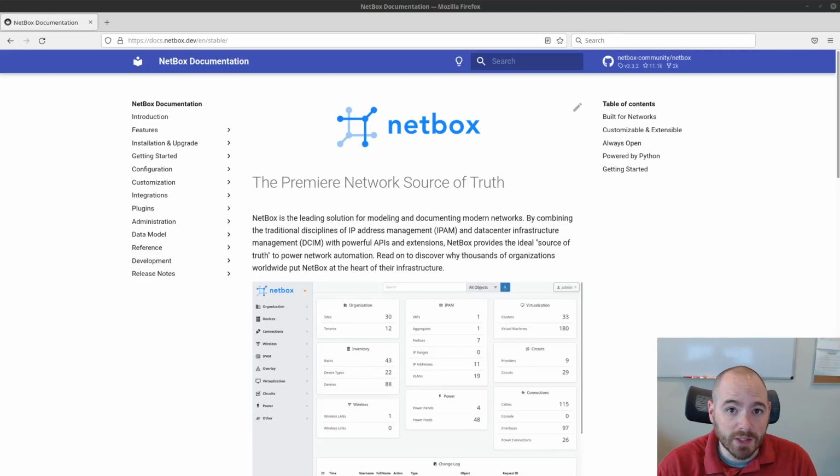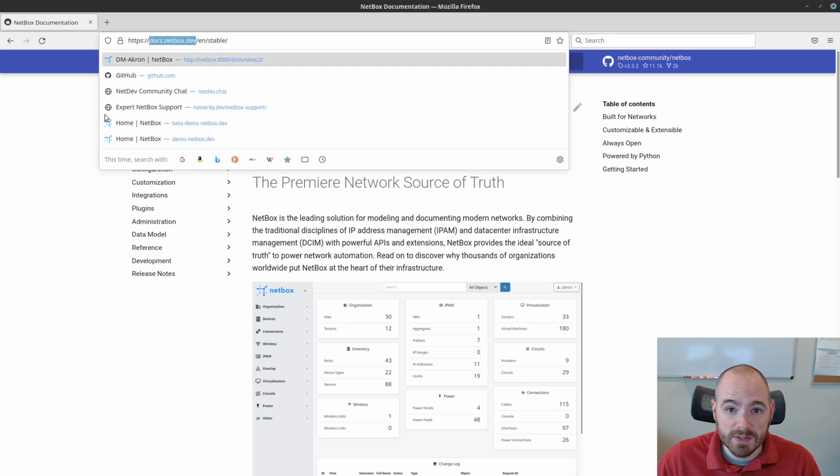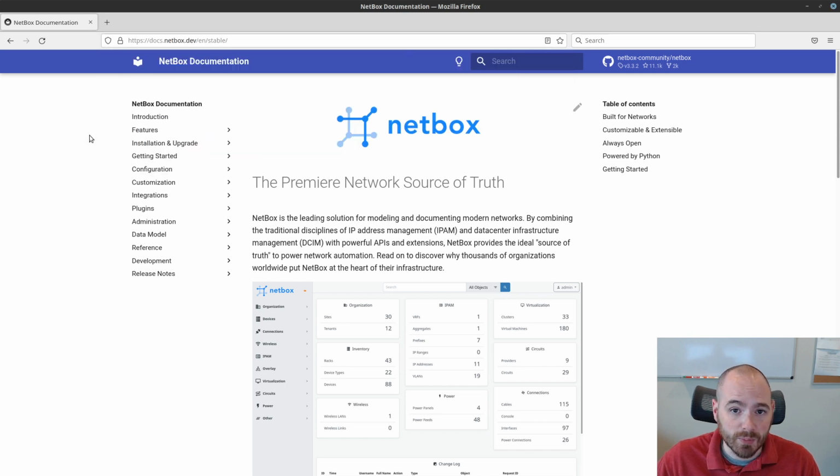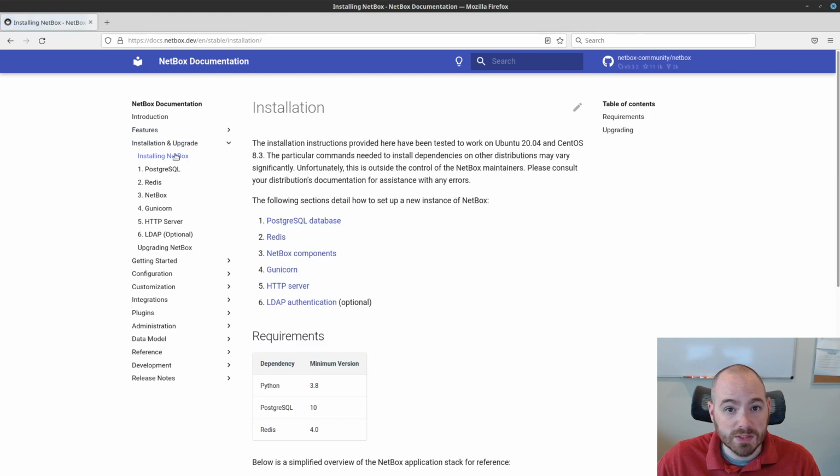I'm the founder and lead maintainer of the NetBox open source project, and in this video I'll be walking you through the installation of NetBox version 3.3. To start out, we're going to go to docs.netbox.dev. That's the official documentation site for the project. And on the left hand side, we're going to go to installation and upgrade, and then the installing NetBox heading